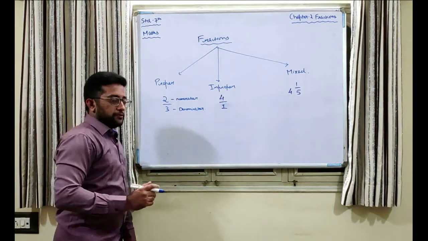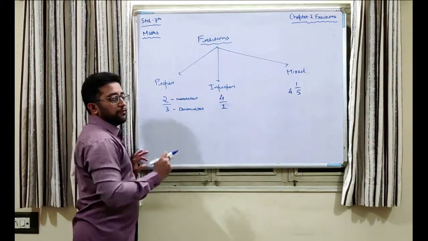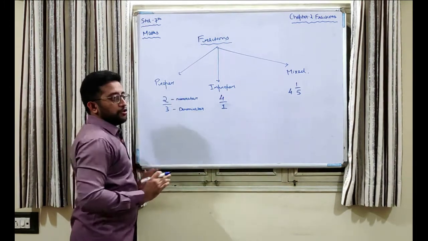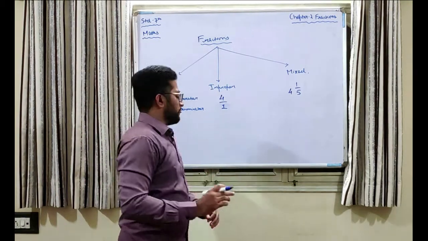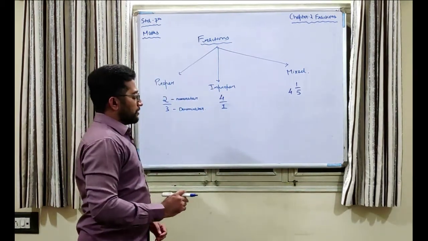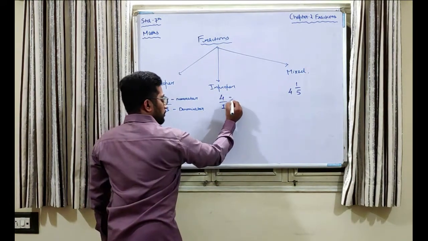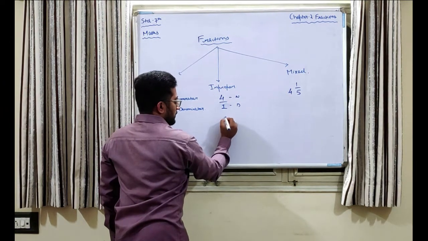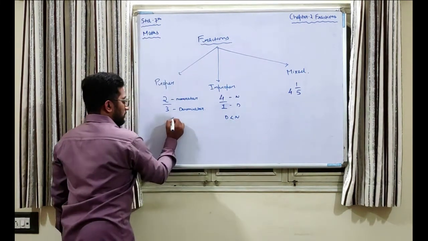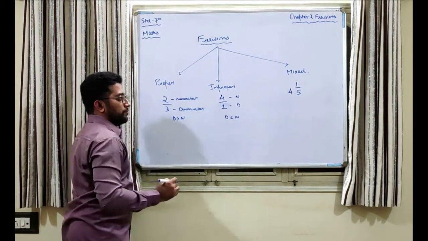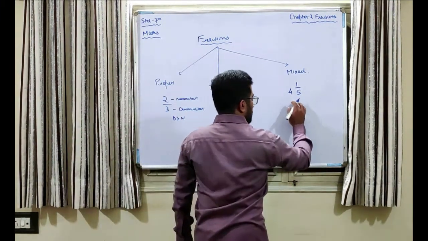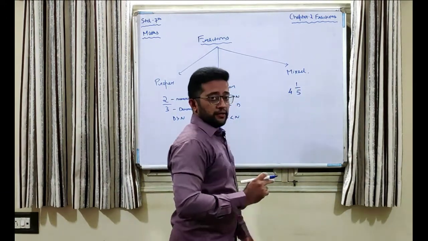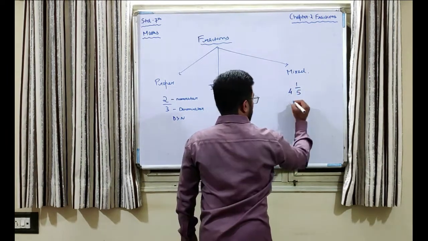So in proper fractions, denominator is bigger than the numerator. Okay, so if your numerator is smaller than the denominator, it is considered to be a proper fraction. Okay, everything is fine here. Now if we look at improper fraction, you will notice that the numerator and the denominator, the condition between them is that the denominator is smaller than numerator. Here the denominator is bigger than numerator. Okay, and the condition here in mixed fraction is we don't need to see the numerator and denominator, but here we will see its form.